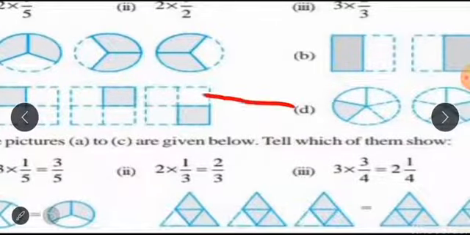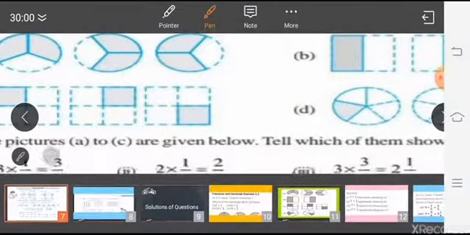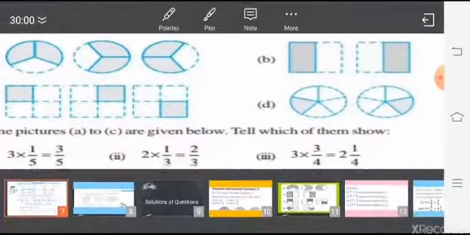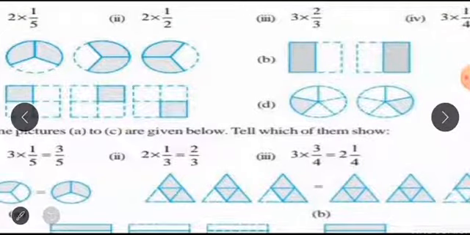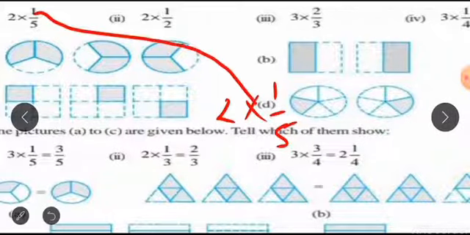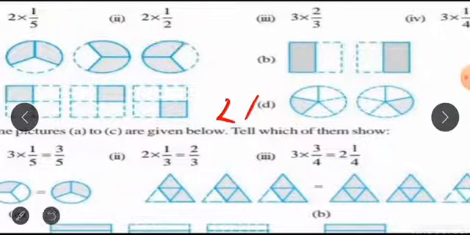You can see here there are total 2 pictures. So you will write down 2 into, what is the shaded portion, 1, and total portion is 5. So this first part will represent this drawing. So you will write down 2 into 1 by 5 represents drawing D. In the same way,